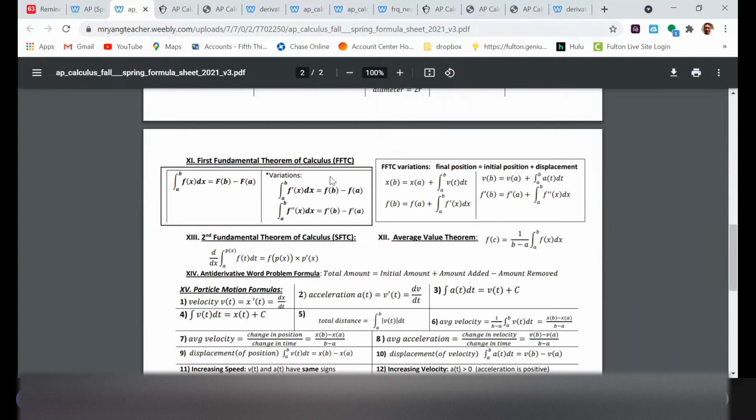Obviously you won't get to use this on your AP exam tomorrow, but I encourage you to read through this and see if you can commit a lot of these concepts to memory, because I put together what I feel is the most likely to show up on the AP exam. So read through it, study it, and commit as much of it to memory as you can.